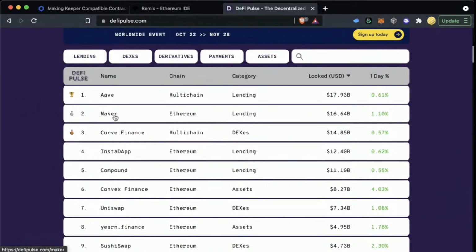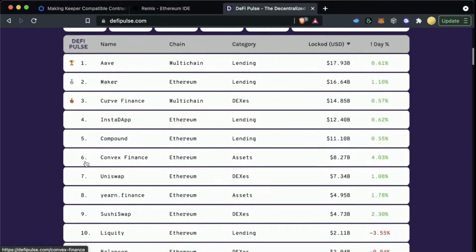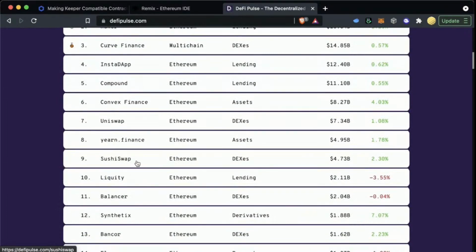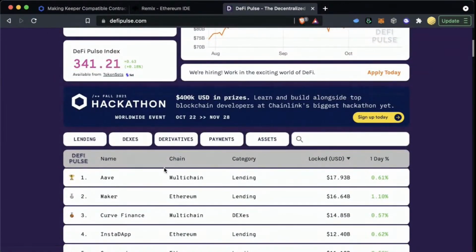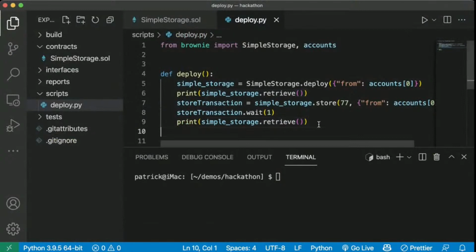Maker is actually using something called DApp tools. Curve Finance uses Brownie. I'm not sure what Instadapp uses. I think Compound uses Hardhat. Convex uses Brownie. Uniswap is Hardhat. Yearn is Brownie. I think SushiSwap is Hardhat. So yeah, a lot of these top protocols are using Hardhat or Brownie. Great questions. Amazing questions.